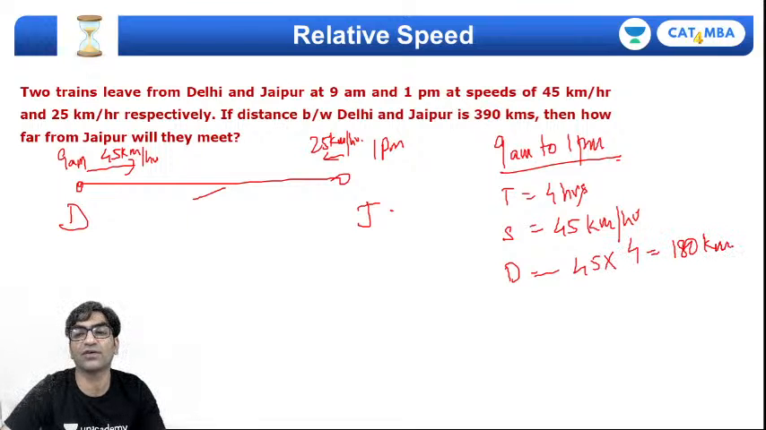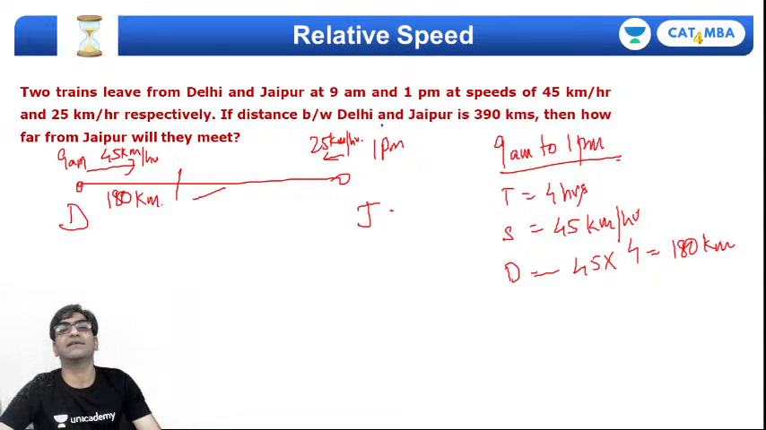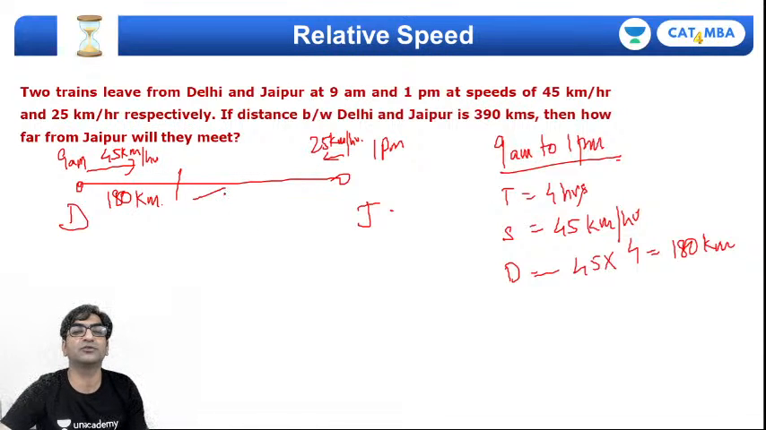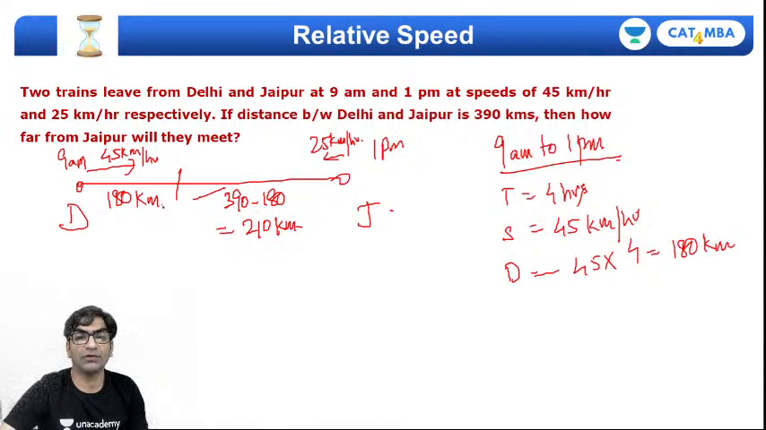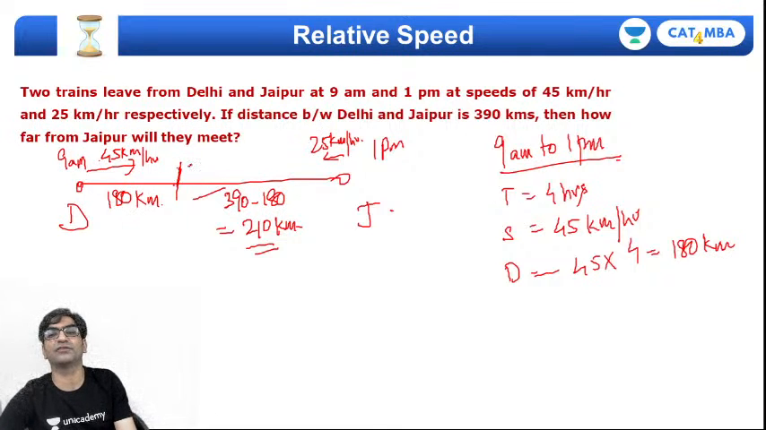Okay, so the train has already covered 180 kilometers, right? And the distance between Delhi and Jaipur is 390, which means the remaining distance will be 390 minus 180, that's 210. Okay. Right. And now you know the distance between them. At this point, the train from here is moving at relative speed. So it's moving at,